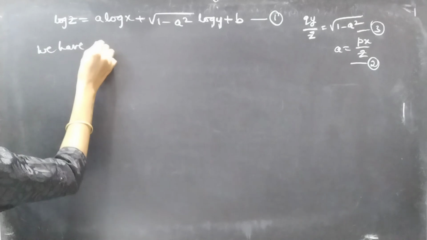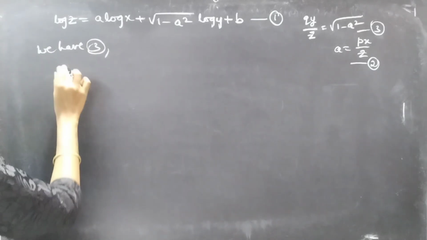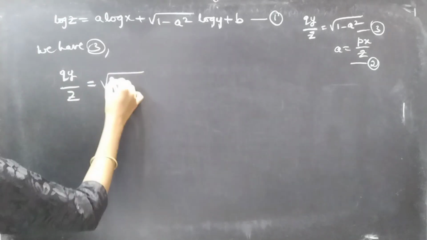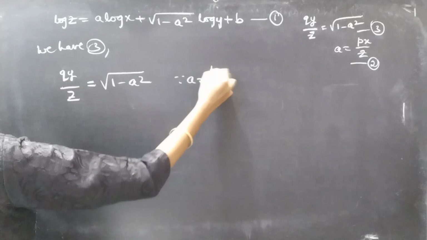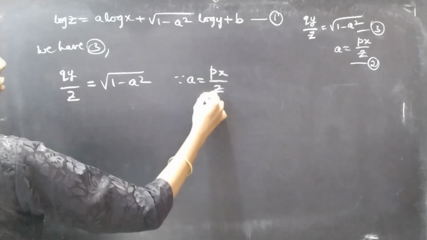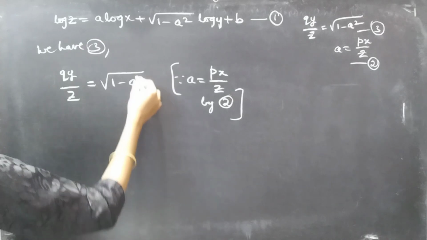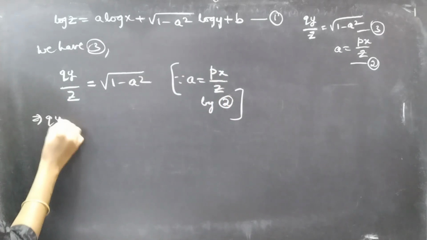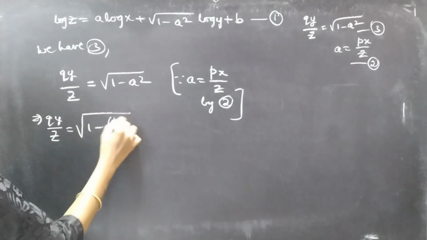We have qy by z equal to square root of 1 minus a square. Since a equal to px by z, just replace a by px by z, then you'll get qy by z equal to square root of 1 minus